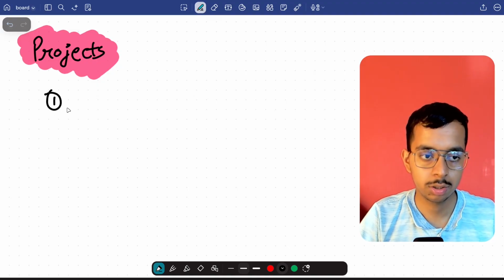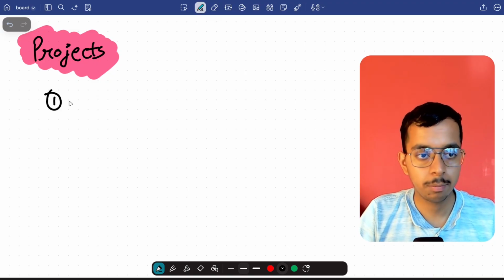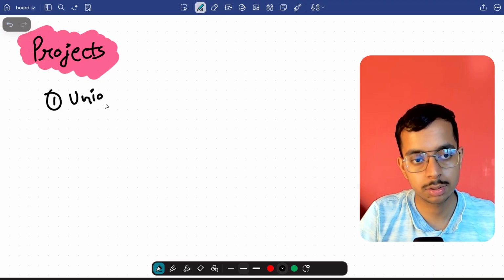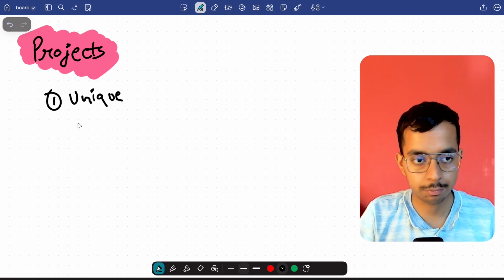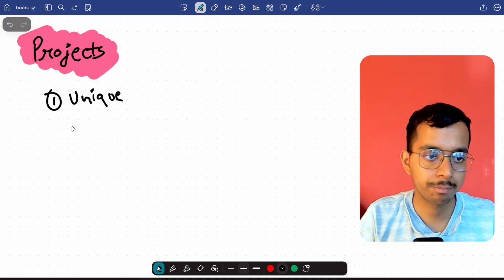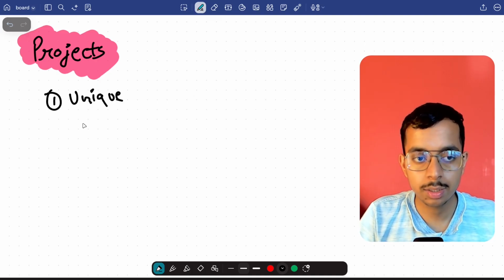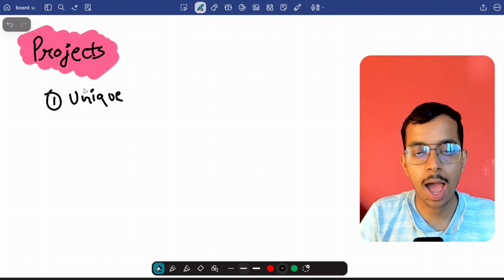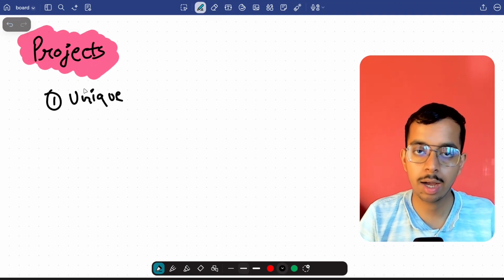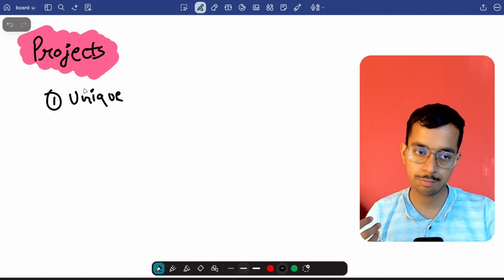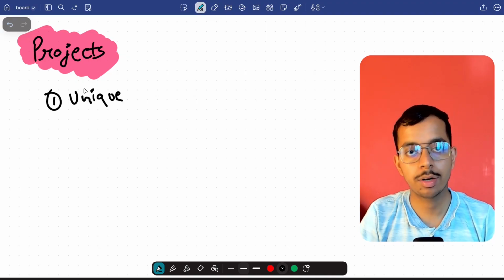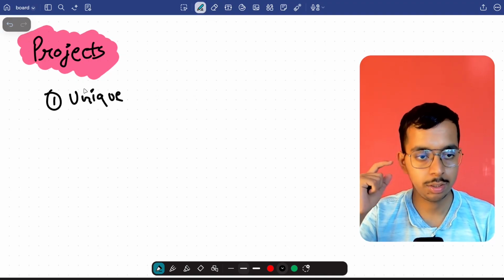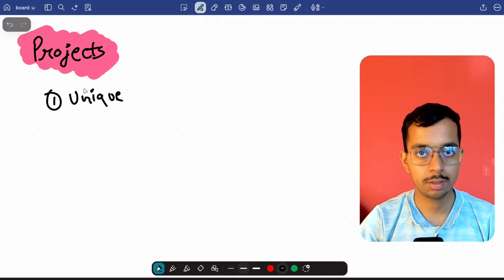First, it should be unique in some sense. I'm not saying it about the features and all those things. I'm saying unique in the sense that you have added some different kind of functionality in it. It can be in the front end functionality, or it can be in the back end functionality. I would recommend going for the back end functionality, because it shows that you are thinking properly.